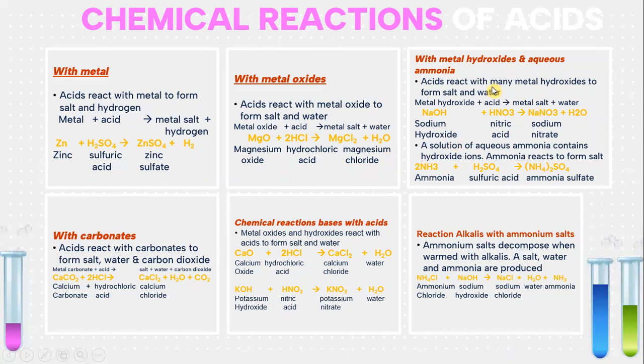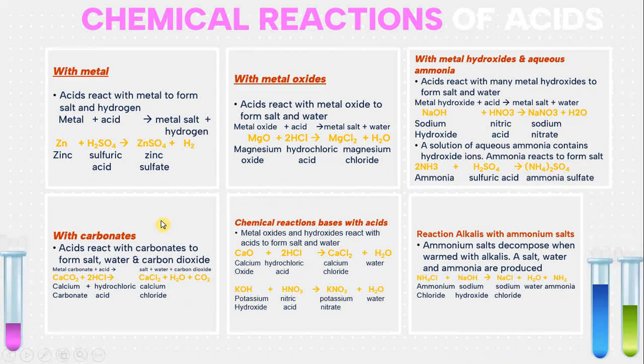And when acid reacts with metal hydroxide and aqueous ammonia, given here is sodium hydroxide, which is a metal hydroxide, plus acid. The acid is HNO3 and the metal hydroxide is NaOH, to form the metal salt NaNO3 plus water, H2O. A solution of aqueous ammonia contains hydroxide ions. Ammonia reacts to form salt. The example chemical reaction given here is ammonia, 2NH3, plus sulfuric acid, H2SO4, to form ammonium sulfate, (NH4)